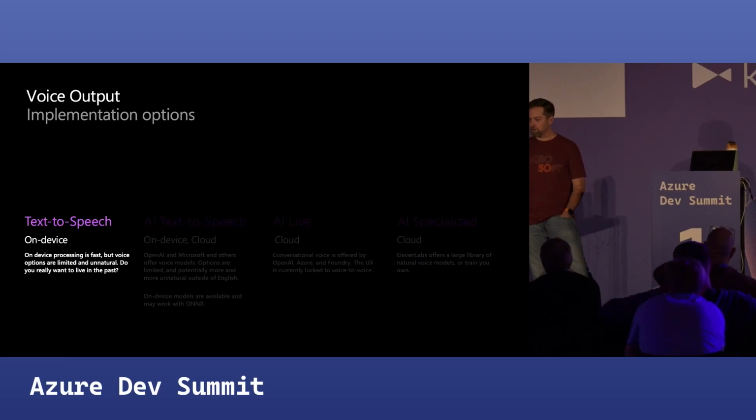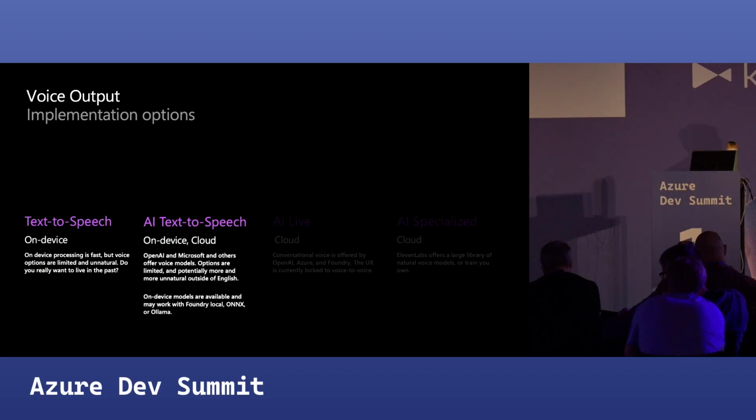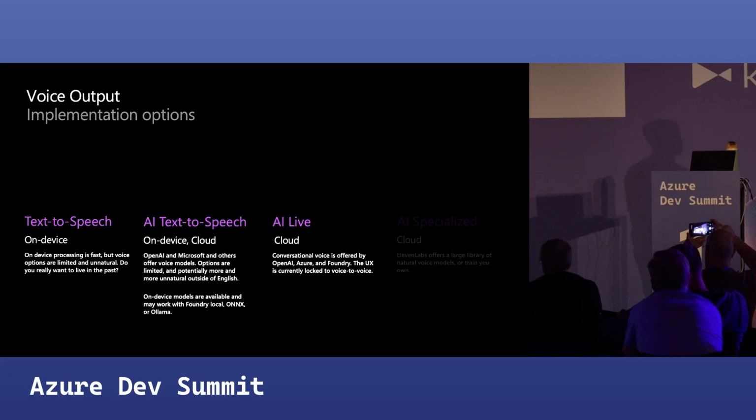All right, already did that. So we have on-device text-to-speech, which we showed. We have AI text-to-speech, which we also showed, which has a lot more latency, but you can do it on device. It requires on-device and with the cloud. You can do AI Live. So AI Live is more of that conversational ChatGPT Copilot mobile app experience where you're having a conversation. Where it's at right now, I hope it gets better because I appreciate being able to talk to it.